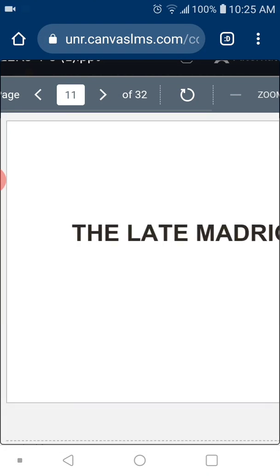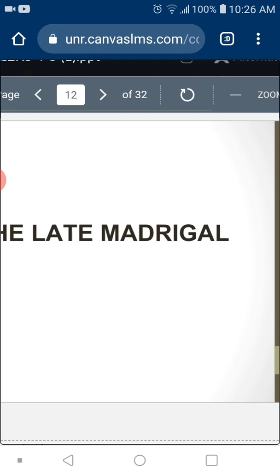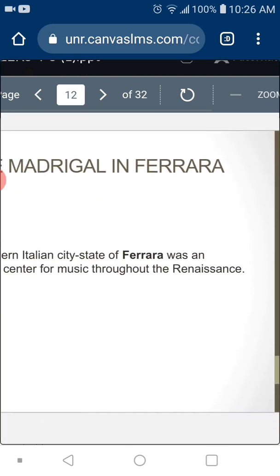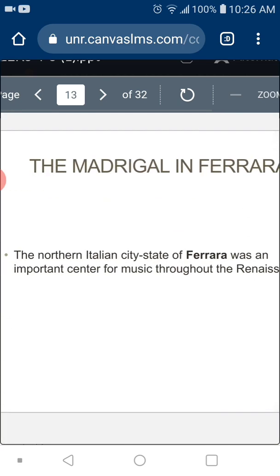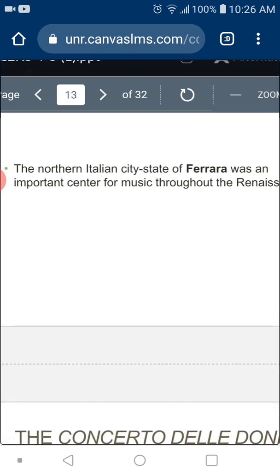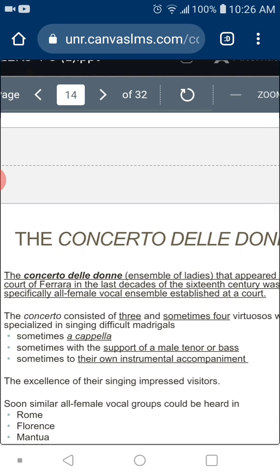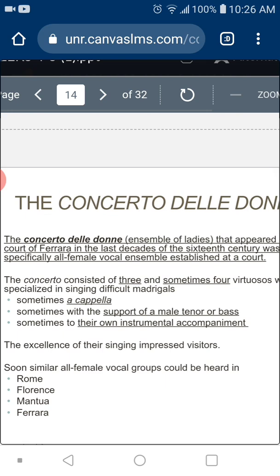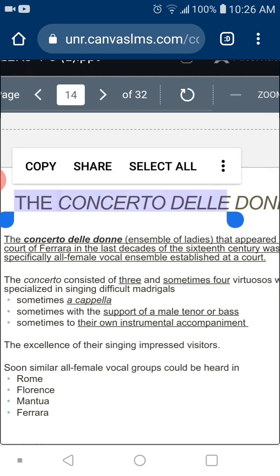Now, there's another important style of composition, which I mentioned previously in the second video, I think, if I remember correctly. So that's the madrigal. So the late madrigal becomes very important because it was cultivated all over Italy, and it was the most important genre of secular music in Italy at that time, in the late Renaissance. And this is also the period where you have, I will ask you this in the second exam, the first female vocal ensemble. So very important